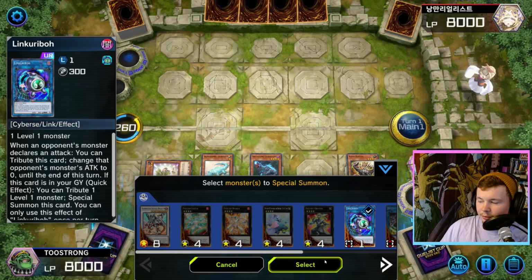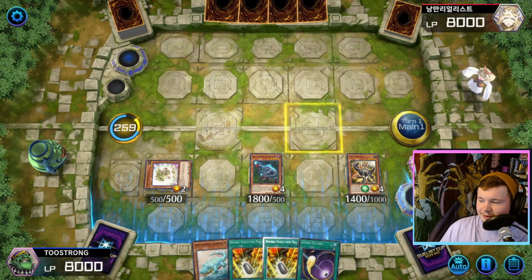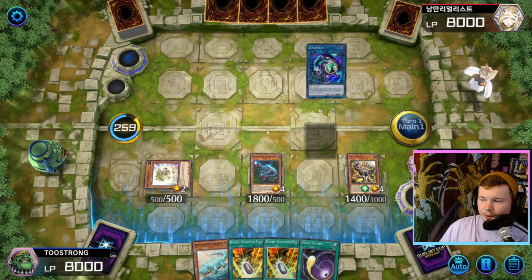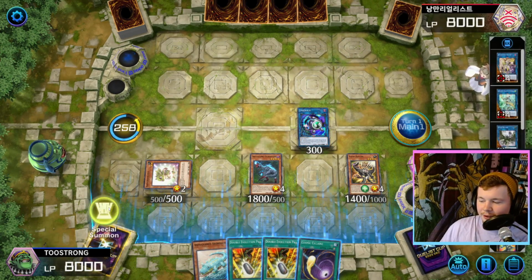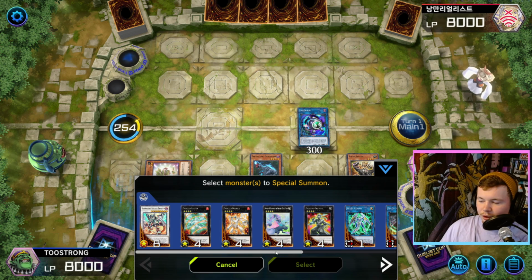Now, I do like to do this as a safety measure. I make a Link Karibo before going into Scrap Wyvern. The reason I do this is because they can just imperm your Scrap Wyvern, and if they do that, you want a non-dino engrave to be able to at least use your double evolution pill. So now from here, we can go...